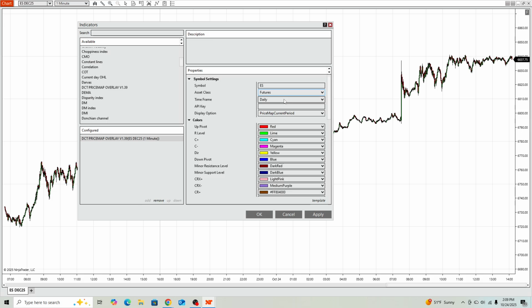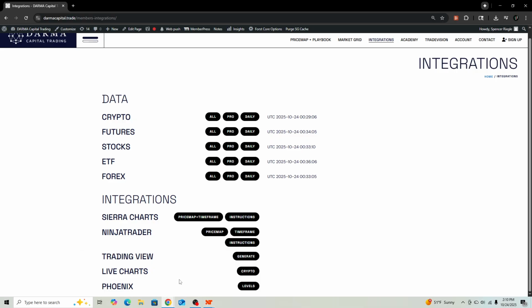The time frame is solely dependent on your subscription. So if you have a pro subscription, you'll have more further dates, and then if you have an institutional subscription, you'll see all of the dates, right? And those that are interested just in the daily, you'll see just the daily works for you. But the most important part here is the API key. And so the next piece is going back to the website, and under your account, you'll see the ability to